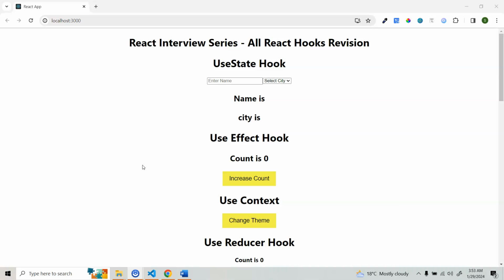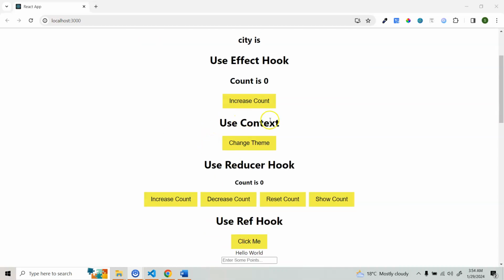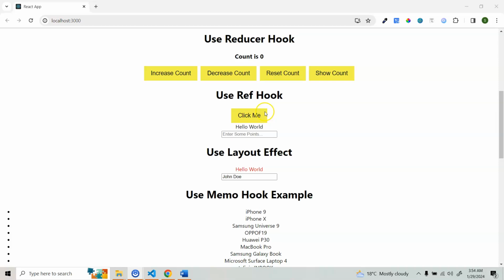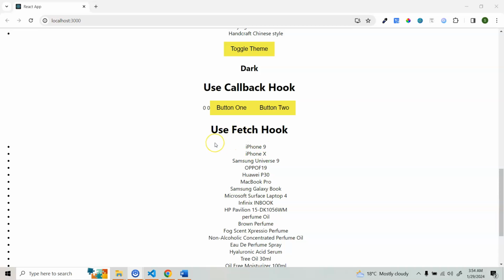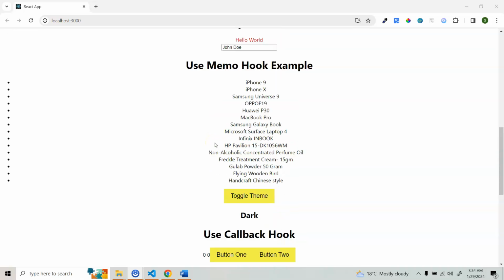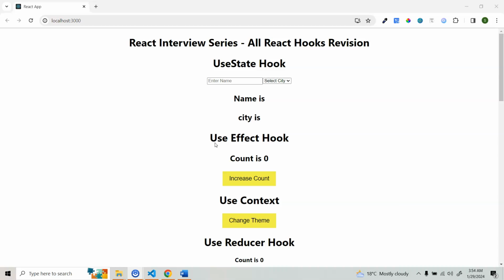So in this particular video, we are going to cover all of these hooks. We'll start with useState, then we'll be learning useEffect, useContext, useReducer, useRef, useLayoutEffect, useMemo, useCallback, and at the end we are going to finish with useFetch, which will be a custom hook. Now this video is going to help you if you are having any React.js interview,